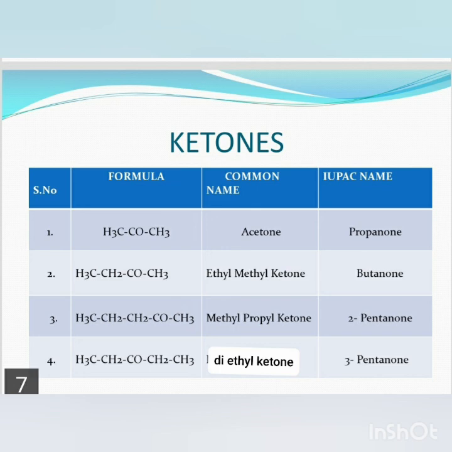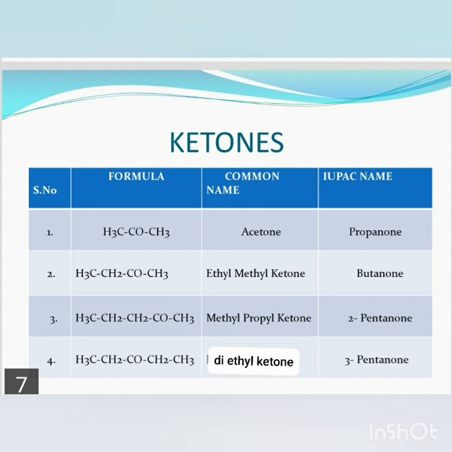For example, that is CH3 C double bond O CH3. Here it is the first example. The common name of this one is acetone, and we have two CH3 groups attached to the C double bond O group. So 2 CH3 means dimethyl. Yes, dimethyl, and we have to add ketone. So dimethyl ketone. The name of CH3 C double bond O CH3 is dimethyl ketone or acetone, right?